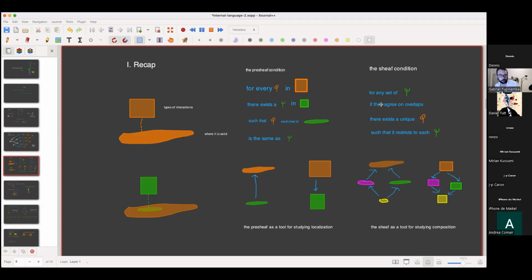This part here, they agree on overlaps, right? The agreement is that if many different people can do this action, there's this kind of gluing that happens, so that at the macro scale, this tiny interaction becomes compatible with this larger interaction called having a protest,